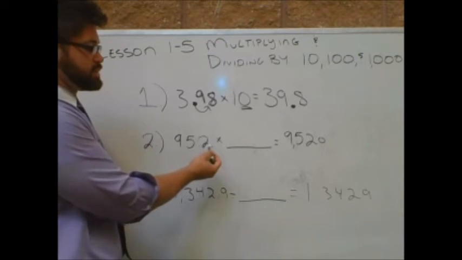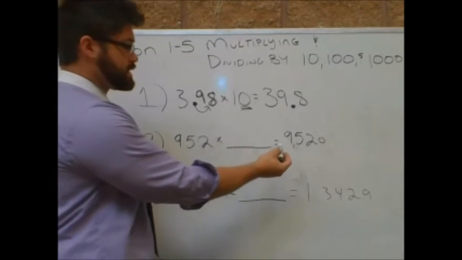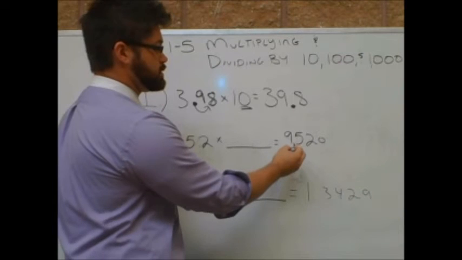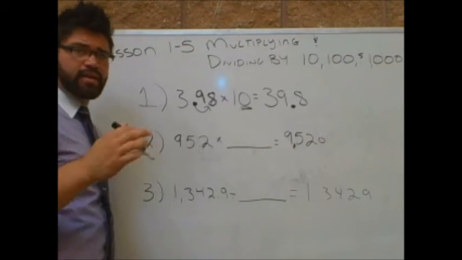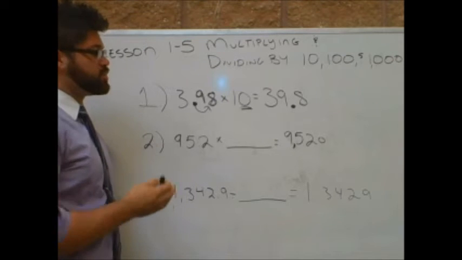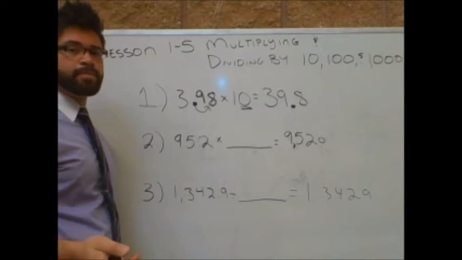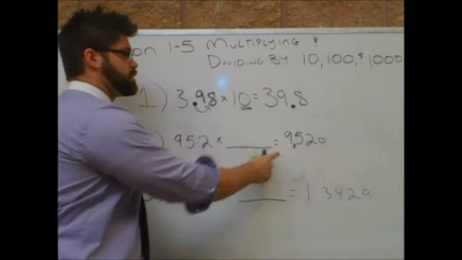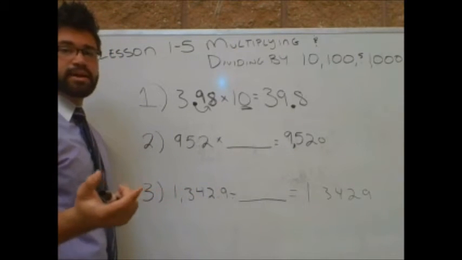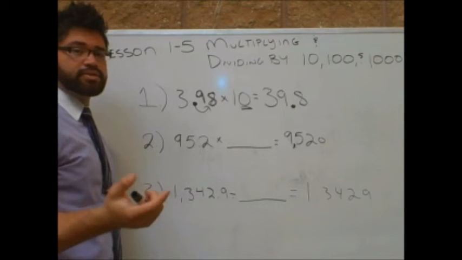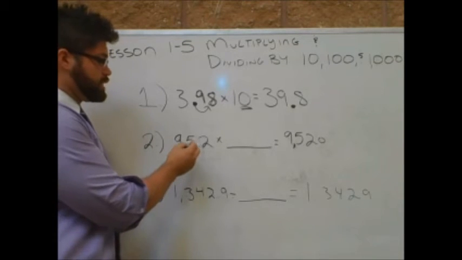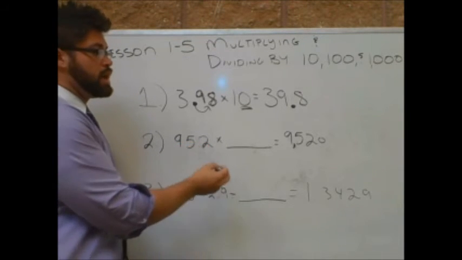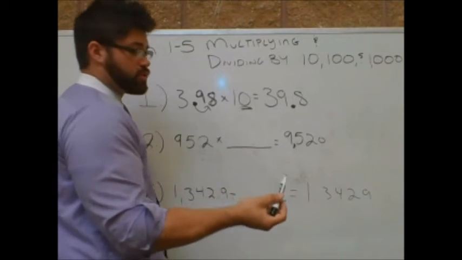95.2 times what is going to get us to 9,520? So now we have to think a little bit and realize that it's going to be either 10, 100, or 1,000. And if we look at our answer, we can fill one of those in just looking at how many times the place value changes by moving the decimal. So if I start at 95.2, how many times am I going to have to move the decimal to the right to get to